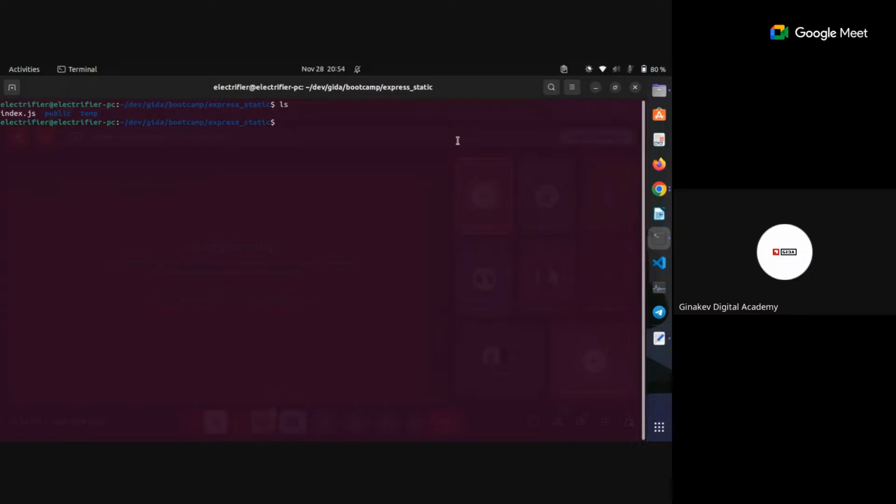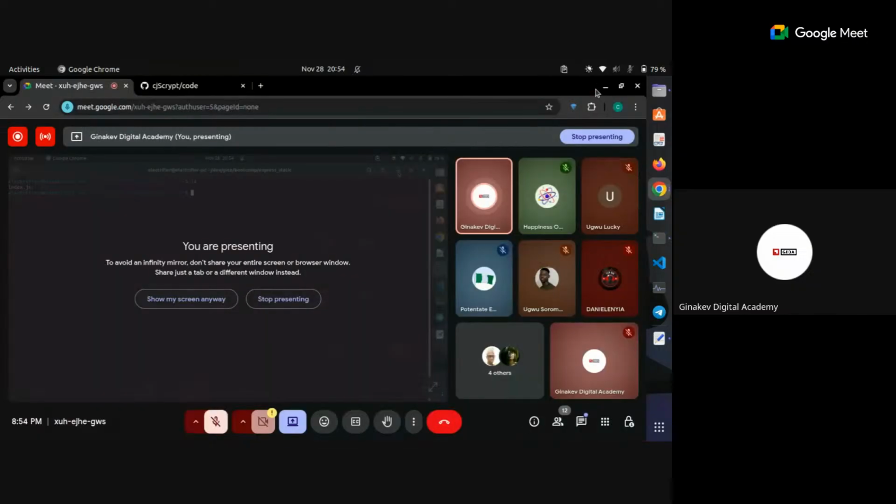You can host those static files on your Express server so that when someone visits your application, let's say www.gita.com, your Express.js app will be the one sending those static files to the user, and then the user will be able to see your website on their web page, from their browser. So today we are going to learn how to serve static files, and to do that we are going to be making use of